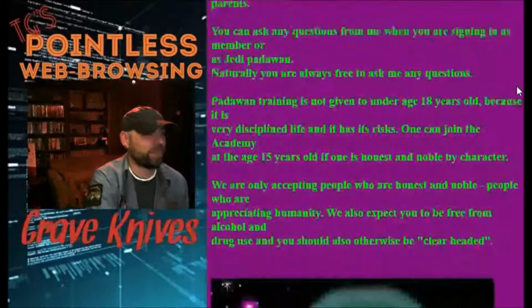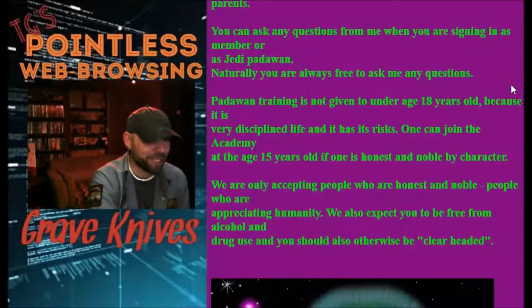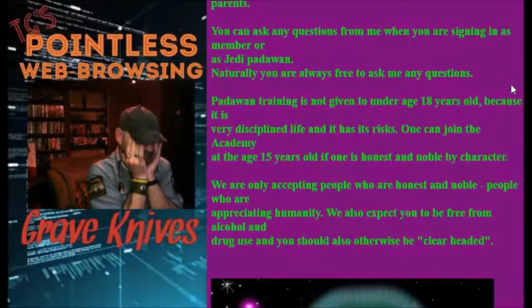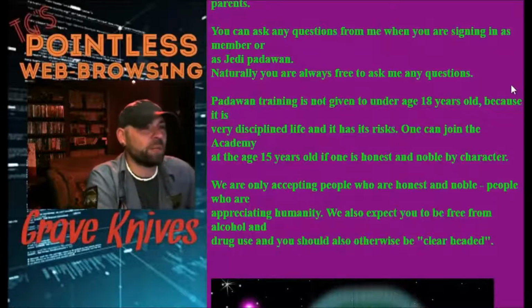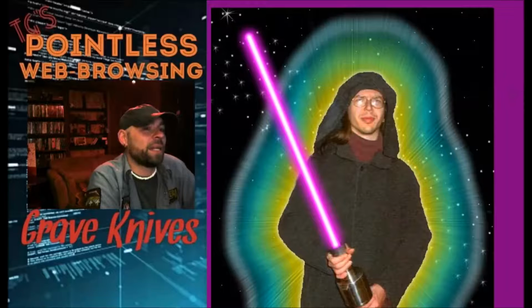Noble by character. We are only accepting people who are honest and noble, people who are appreciating humanity. We also expect you to be free from alcohol and drugs use, and you should also otherwise be clear-headed. Holy shit. That last bit was actually written fairly right, but the rest of his writing screwed me up, and I'm going to assume this is the creator of the website,